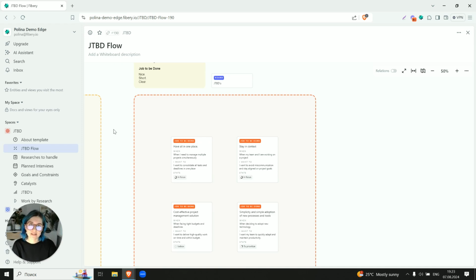I'm working on a feature. Does it help customers to stay in context? Does it help to simplify the adoption flow? Does it help to save the money? And if the answer is no, then you have to make sure that there is a real reason why you are delivering this feature. And when the whole set of the features is done and you believe that yes, we are able to deliver this job to our customer, you can always have a second set of interviews and see whether the problem was solved, or maybe it was not identified correctly. Maybe it was too broad, or vice versa, too precise. But you will have this connectivity